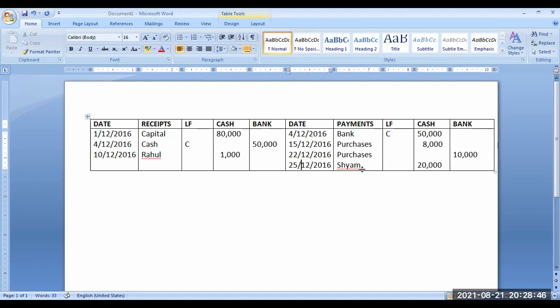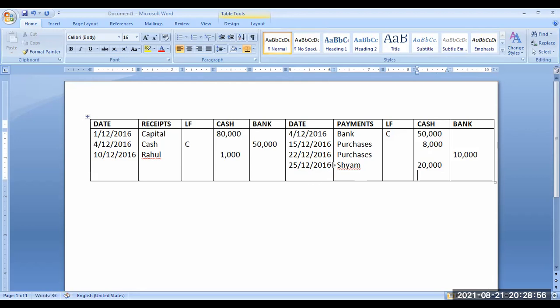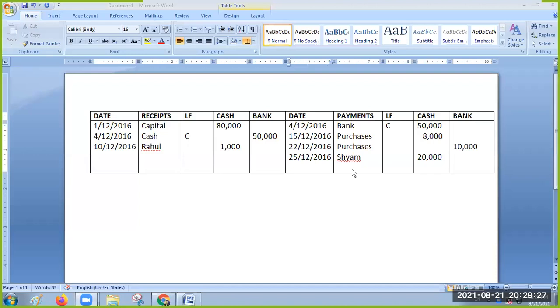Due from bank for office use. Very good. What is that? Payment only, sir. Okay. Yes, please. You again read the transaction. Due from bank for office use. What is that?